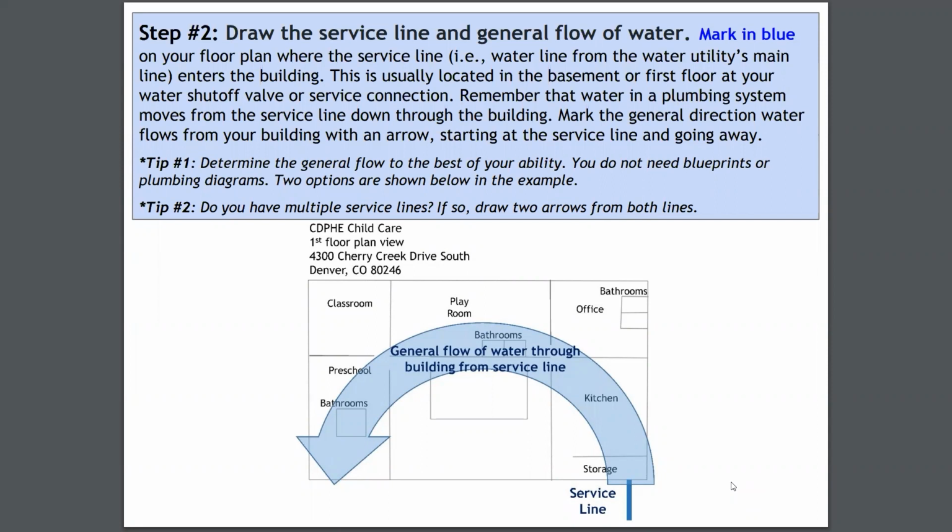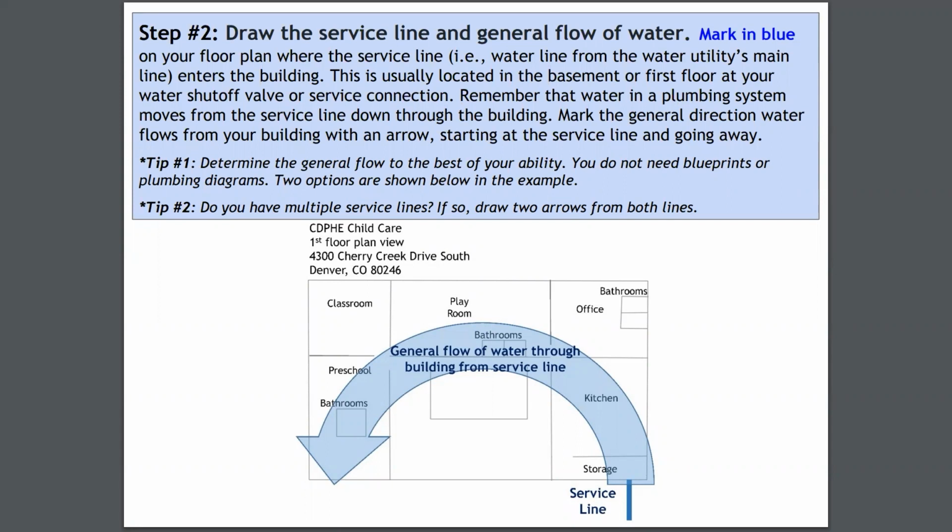So following EPA guidance, we need to sample closest to the service line and then work away. The goal is that we collect a sample that has been sitting in the plumbing for at least 8 hours, and ideally not longer than 18 hours. That 8 to 18 hour time frame allows time for corrosion and a reaction to occur in the piping, so that if there is a presence of lead, we would be able to sample and identify with that sample collection.